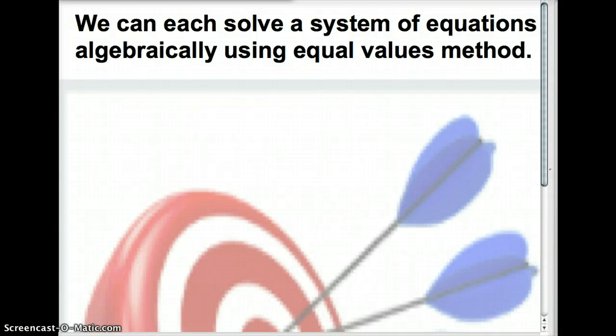All right, welcome to lesson 7.2.2. Today, our learning target is that we can each solve systems of equations algebraically using what's called